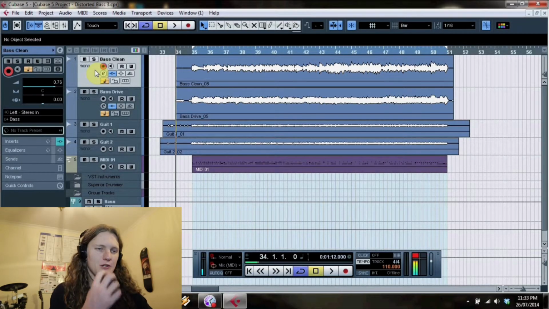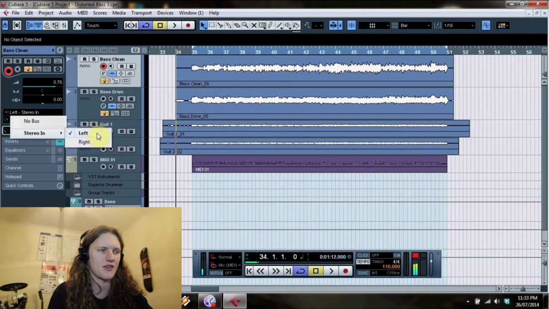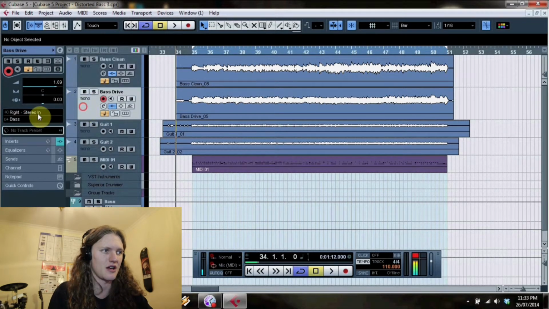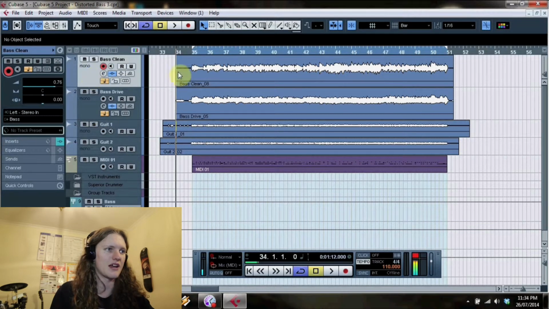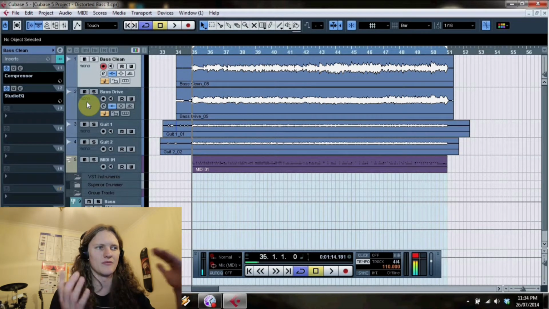To record 2 channels in Cubase, it's fairly simple. Basically all you do is you go left stereo in, this is the input, and down here I have stereo in right, and that's the 1 and 2 channel on my USB interface. So I've gone and recorded that, and once again, like method number 2, you have to kind of EQ them